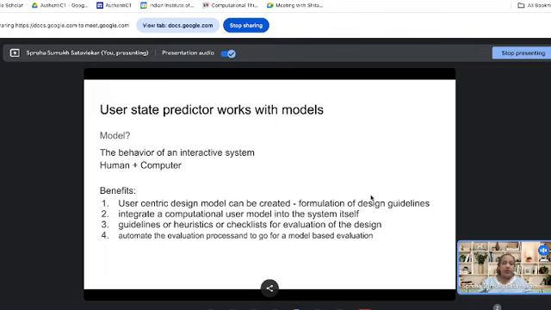Okay, so there was this block of design, prototype, and then evaluate. So we have to evaluate this prototype also iteratively, and that can be a taxing process. With these user-centric models, we will be able to create a very good framework or heuristics or checklist for an evaluation of the design, and we can automate this evaluation process. Similar to the design process, we can also automate this evaluation process. All right,